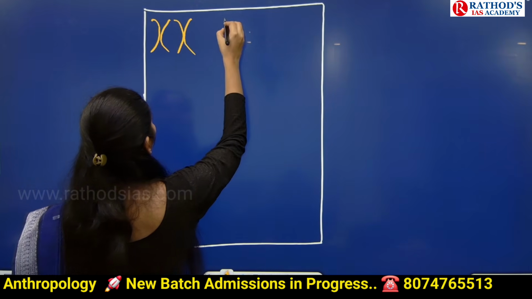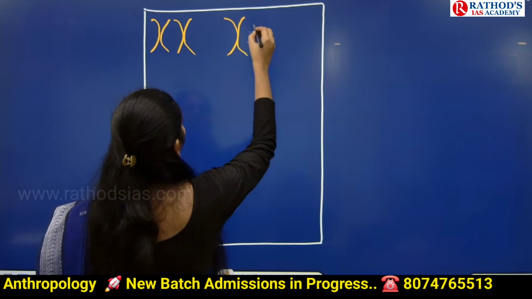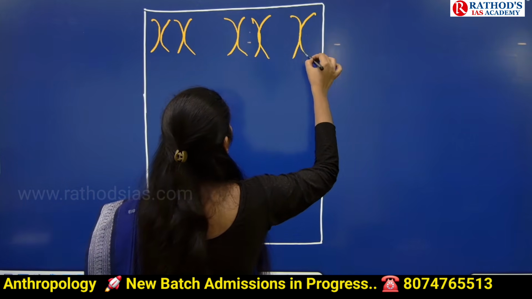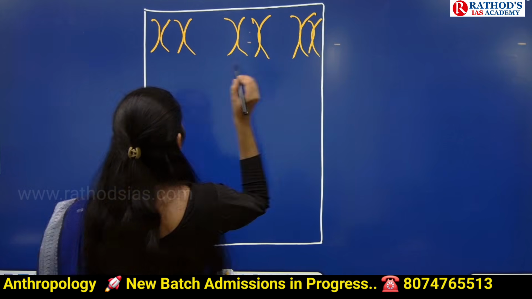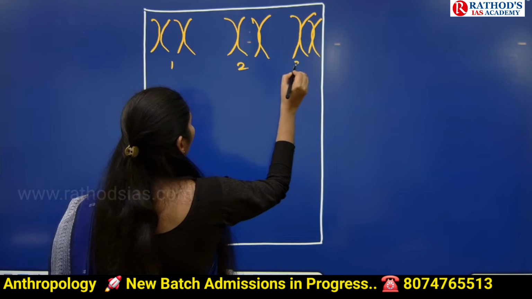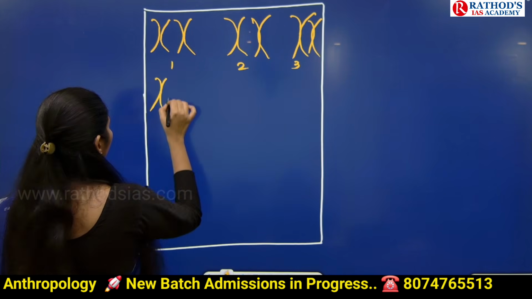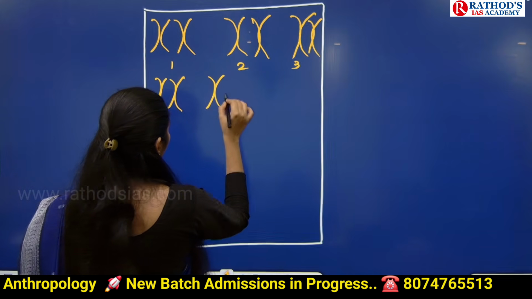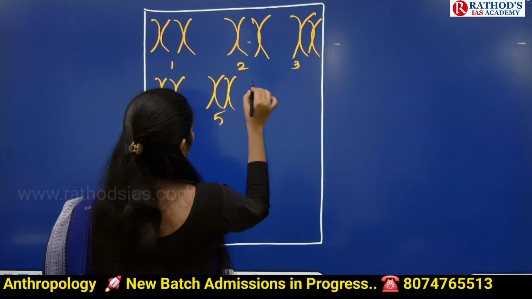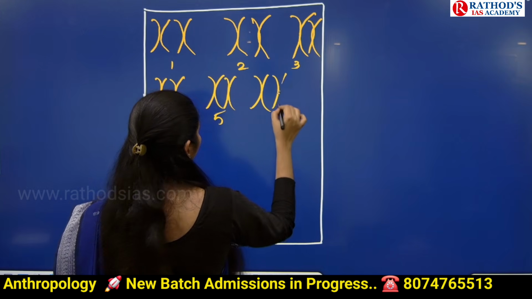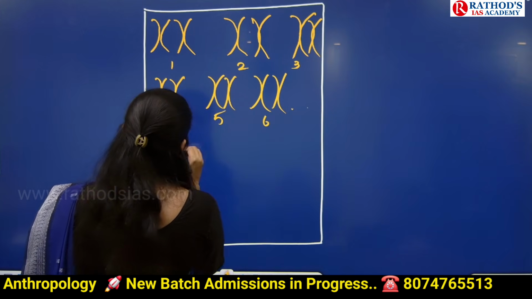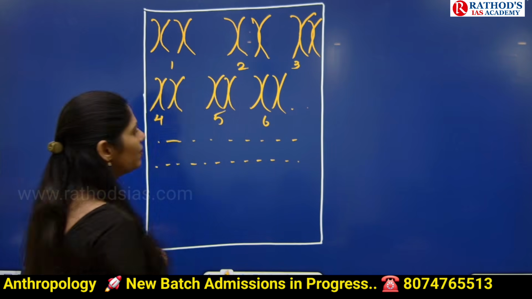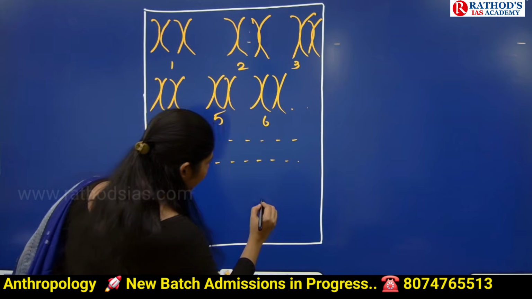One pair, second pair, third pair, and they will be given numbers like this. Fourth pair, fifth pair, sixth pair, like this. And this is how we identify chromosome number 1, chromosome number 2, and the last will be